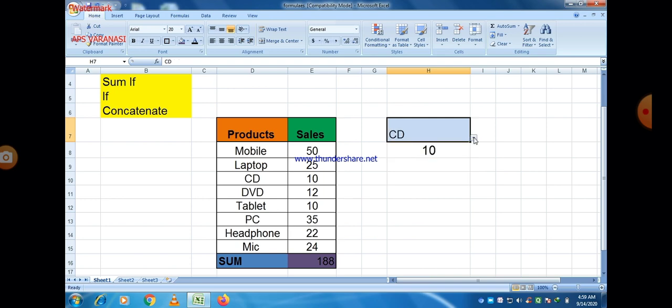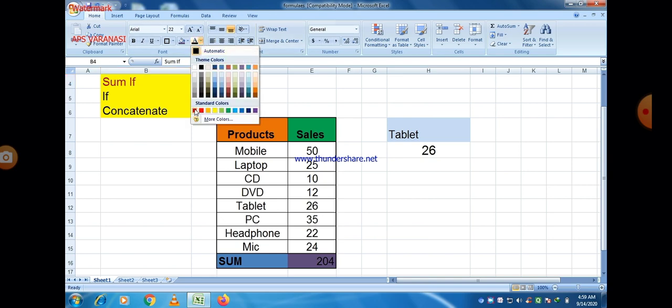If you place a CD, then also 10 is there, laptop 25 is there. So basically the SUMIF function is used to sum on the basis of a certain condition. So a certain condition will be there, and according to that condition we make a sum. So we actually select a particular criteria in the SUMIF function.